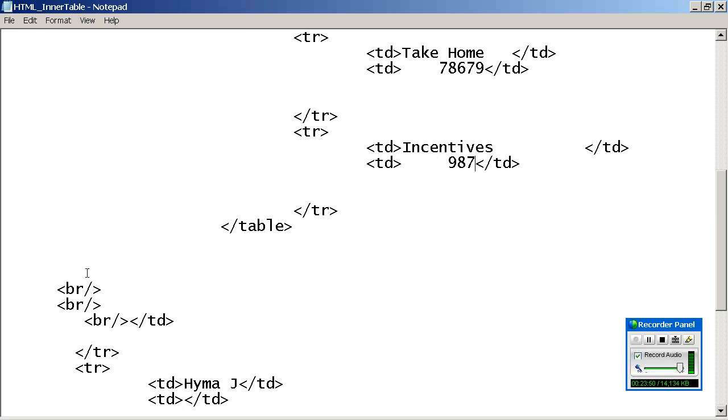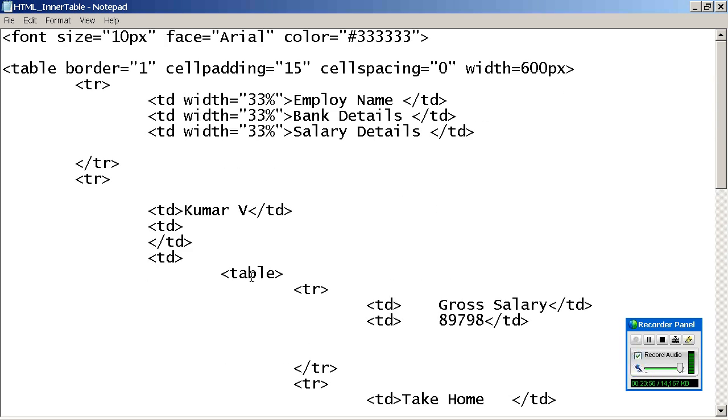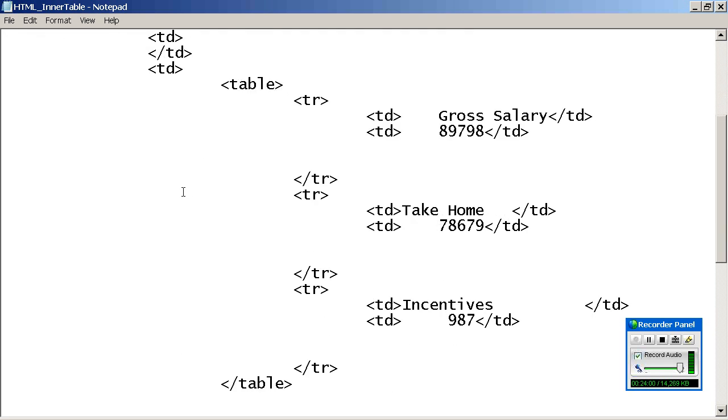Now we don't want this unnecessary break, right? Yes or no? You can see the readability. The table here is in the TD, in the table. Now you will understand it in a better way, right? Okay, that's why I have written like this. Under the TR, P.